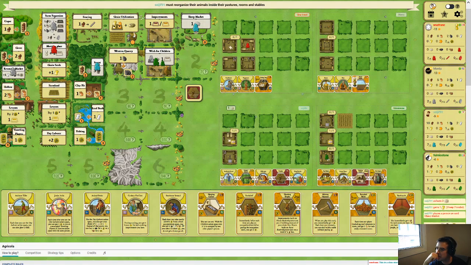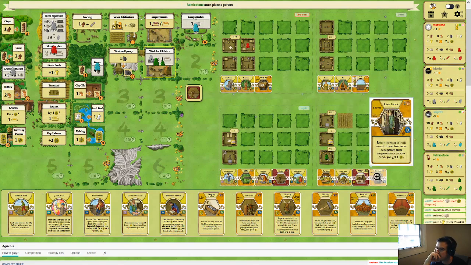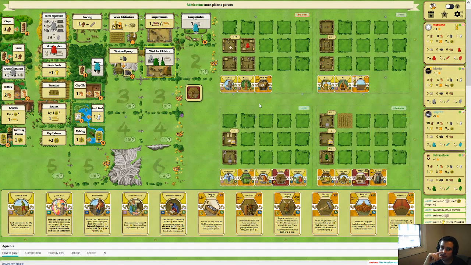Also, Civic Facade seems cool. You just have to be okay with not playing Ox for a long time. But yeah, Civic Facade seems cool. And in general, spamming Ox is not always a great strategy, so...